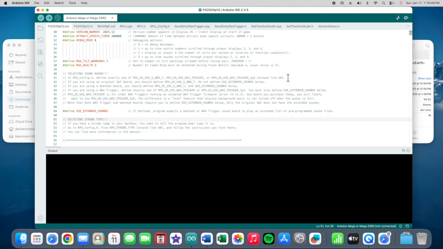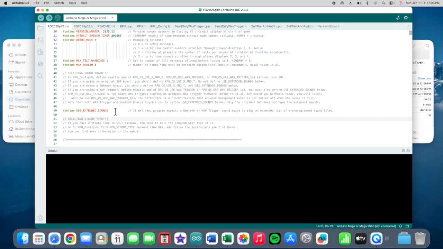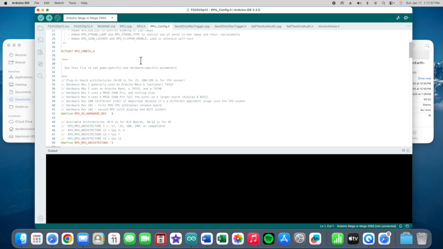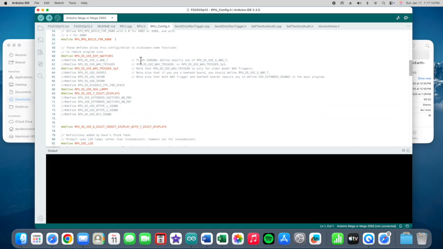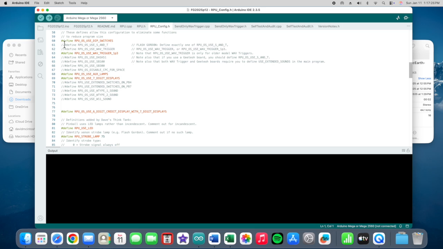you'll find it down around line 60. It also says if you're using a GTO board, you should define RPU OS use S&T and use extended sounds below. So we can see use extended sounds is already defined. So let's go to config.h. We'll go down about 60 lines. And we can define RPU OS use S&T, this line here, by